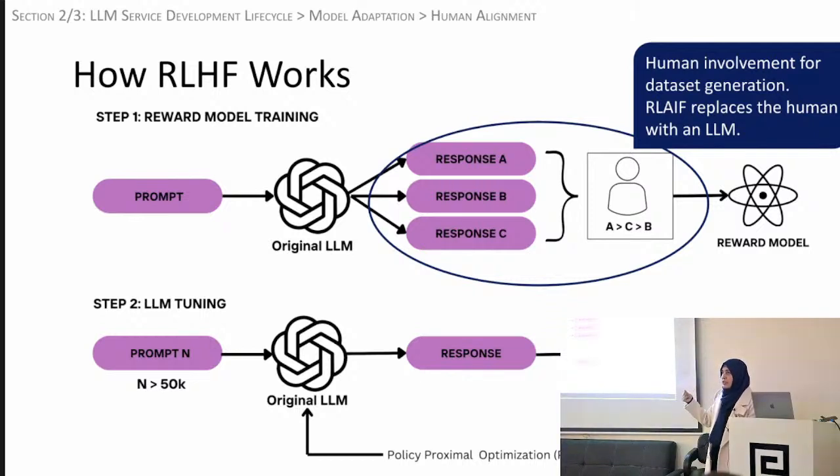And I think one research paper that I read showed that human-to-human agreement for such ranking is about 75 to 80%, while human-to-LLM agreement is about 80%. So that means humans and LLMs agree the same amount of time as humans and humans agree. So it's as reliable as using a human pretty much. Yes. There are lots of different ways of doing this RLAIF, but it is possible and it is being used.